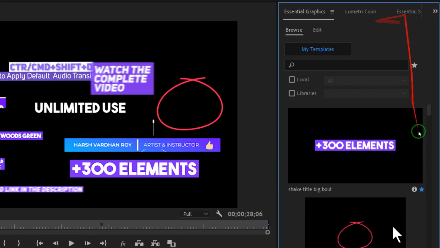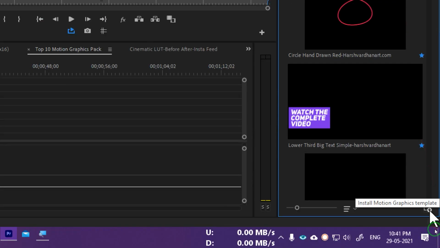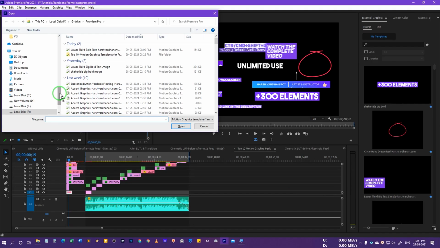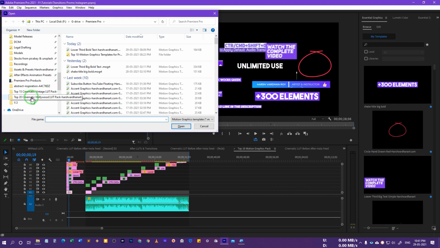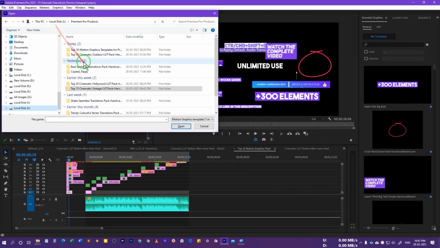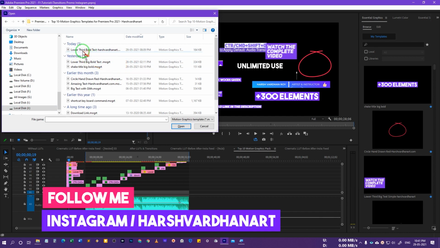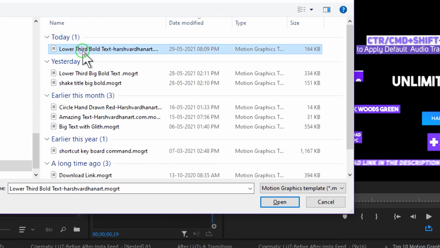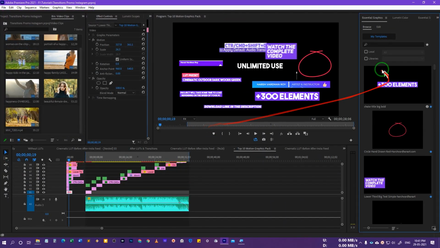Over here you can simply click on the plus icon to install a motion graphics template. Just browse to the downloaded folder, select any of these files and select Open, and that way these would be available over here.